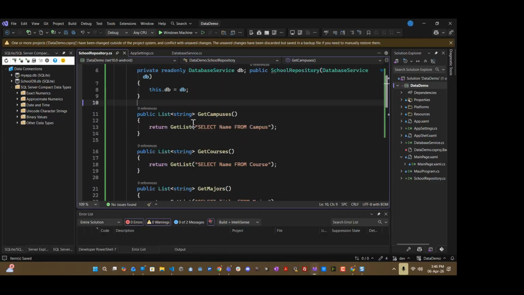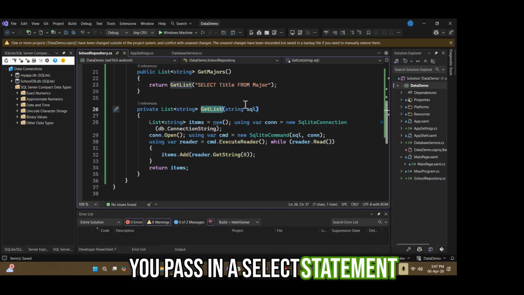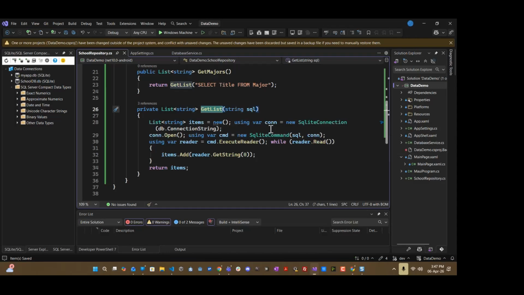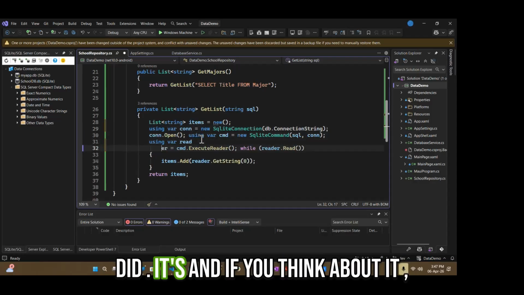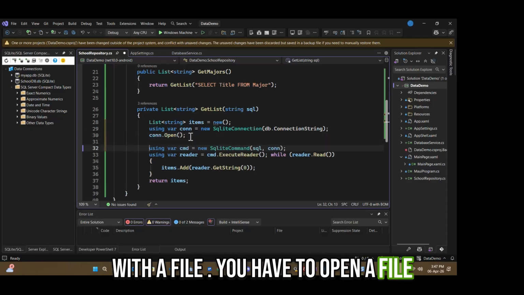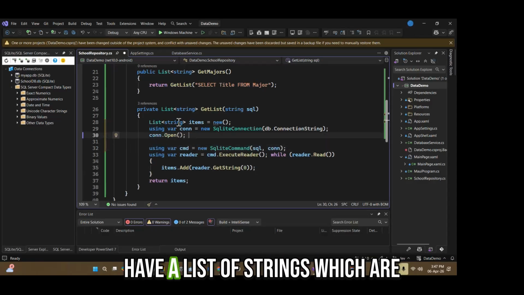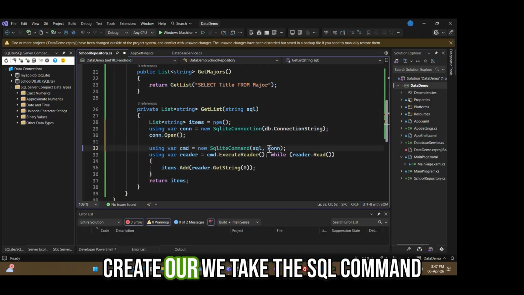And so we have get methods for campuses, courses, and majors. And we have this get list method that you pass a select statement into, and then it's going to create a SQLite connection and open that connection, just like we did. If you think about that, this is very similar to working with a file. You have to open a file to work with it. You have to open the database to work with it. We have a list of strings which are created initially,